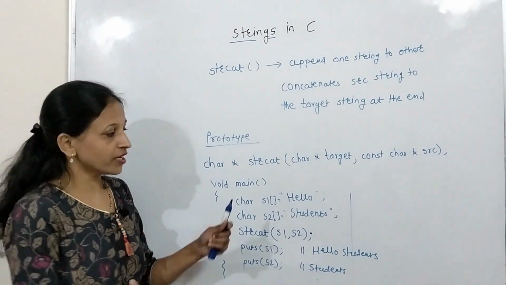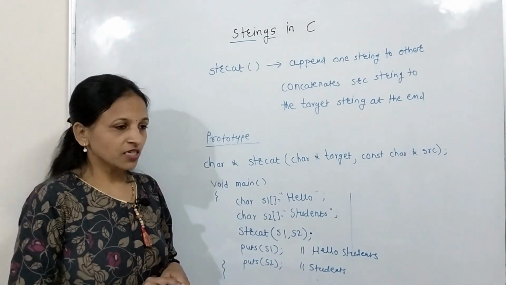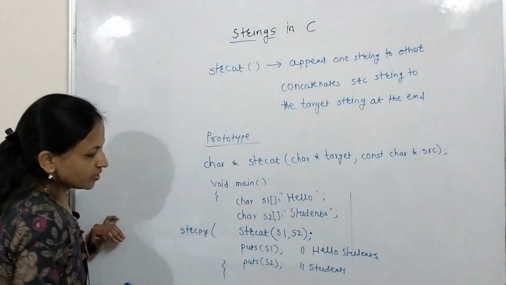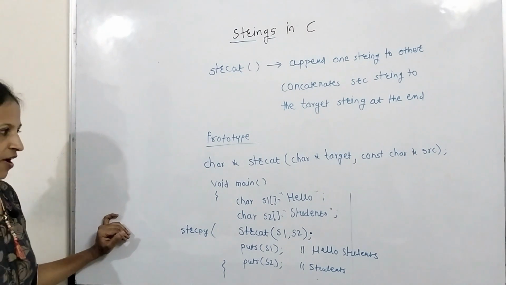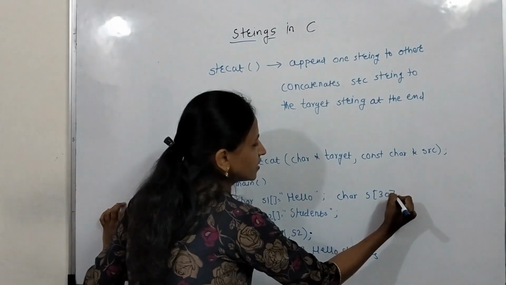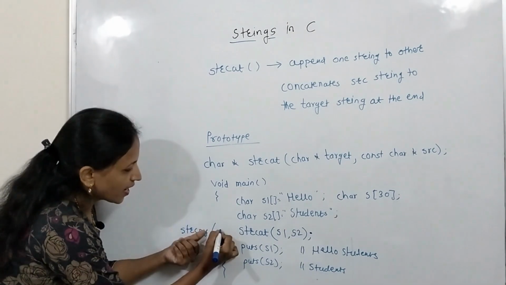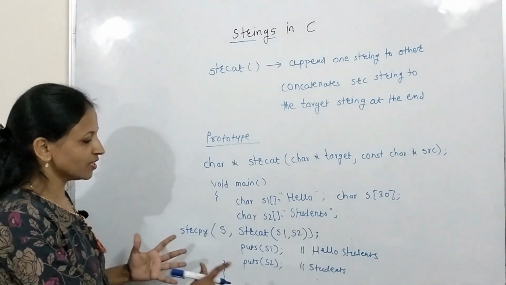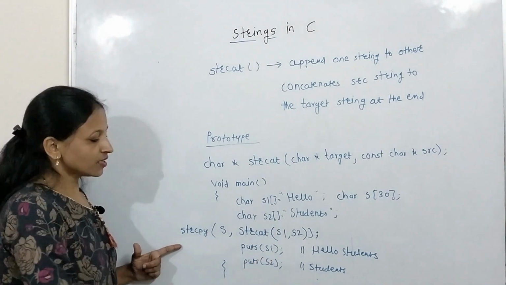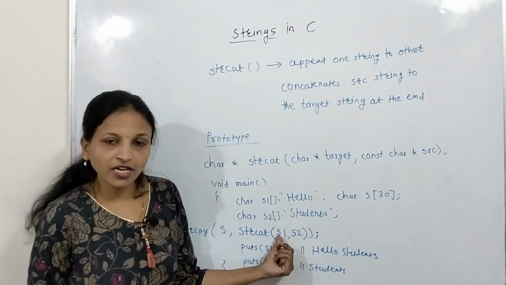It is not just that we are attaching two strings hello and students together and it is returning whatever. See, somewhere you may get a statement like this. We have written in this way strcpy. There is one more character array. Let char s of size 30. See, suppose I have written like this, strcpy s comma, here I am using both the string functions together in a single statement. That is possible only because this function is just concatenating s2 to s1.